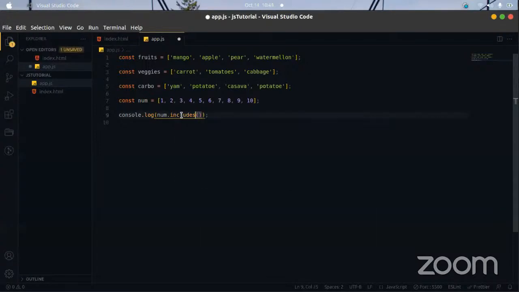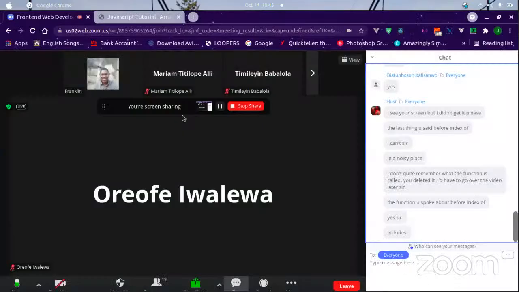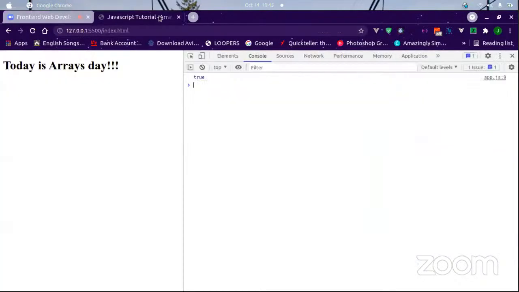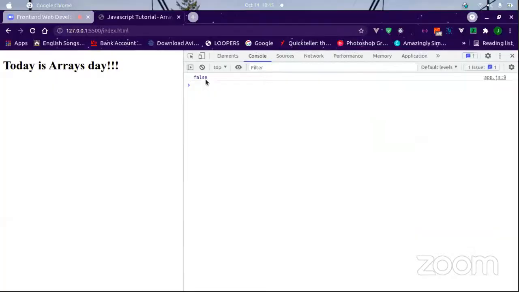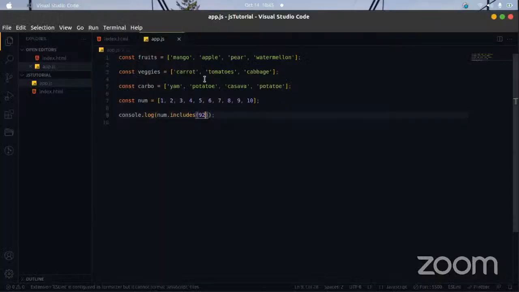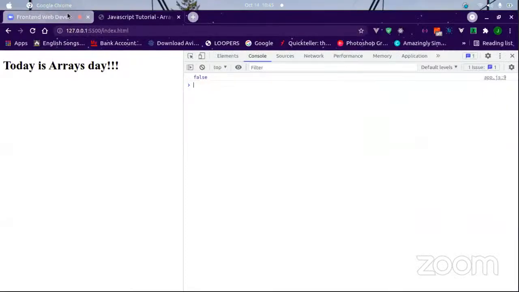Like in the num array, you could check if it includes something like 9. It's supposed to return a boolean: if it's there it's going to return true, and if it's not there it's going to return false. So that's basically it. I hope you understand.